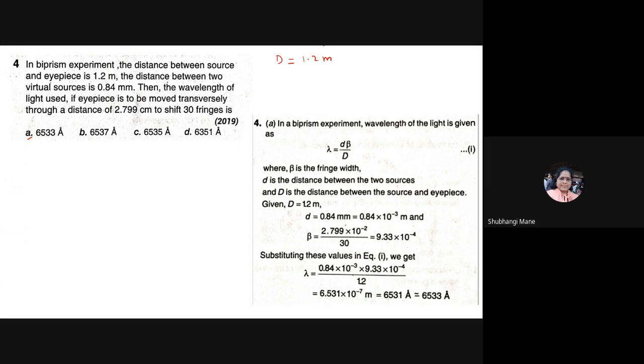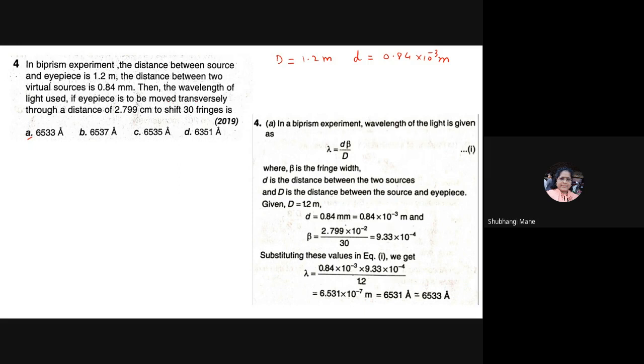Okay, that means two virtual sources are two coherent waves. Small d equals 0.84 into 10⁻³ meter. Then the wavelength of light used,